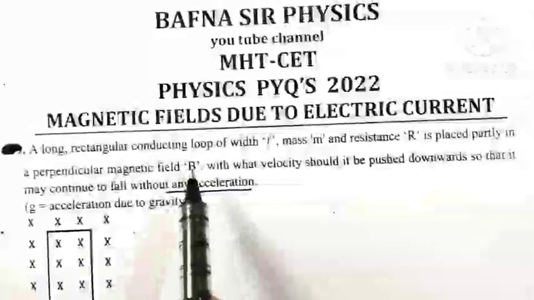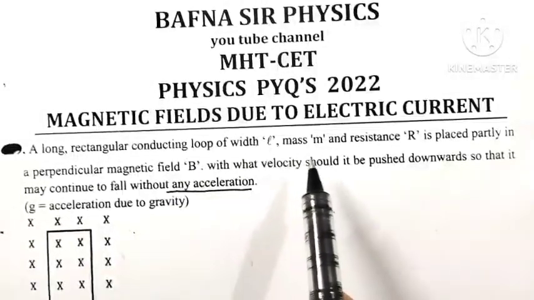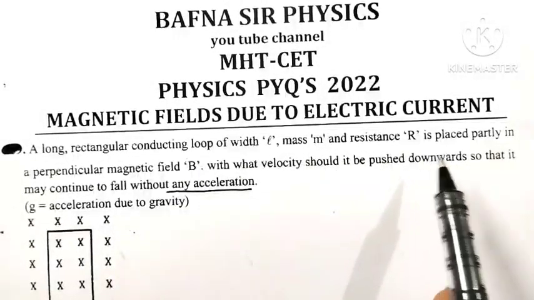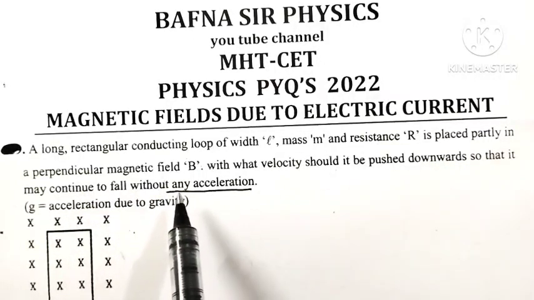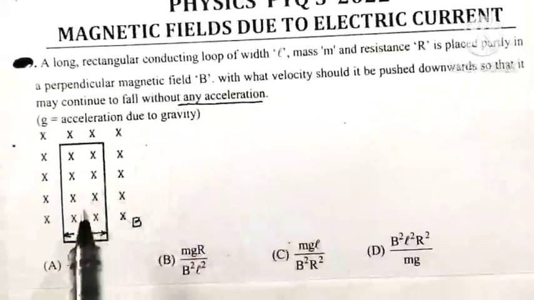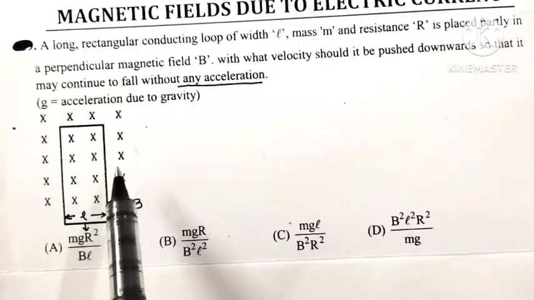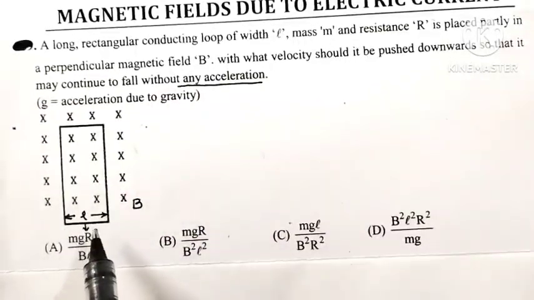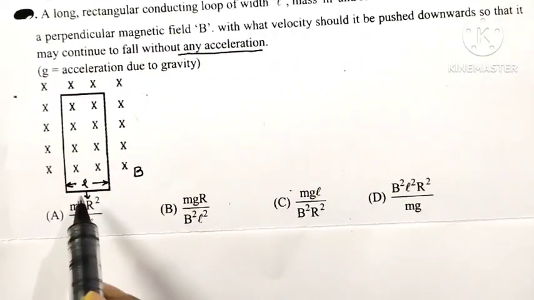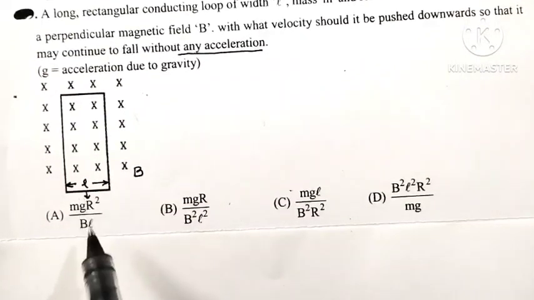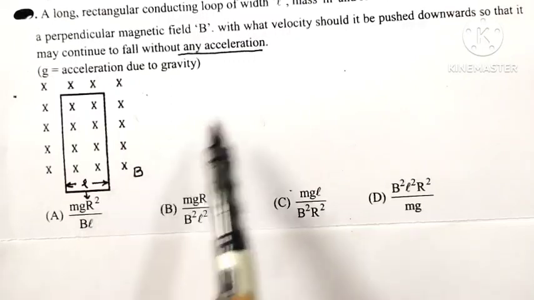A long rectangular conducting loop of width L, mass M and resistance R is placed partly in a perpendicular magnetic field B. So here we are having a rectangular conducting loop whose width is L, mass is M and resistance is R. It is kept partly in a transverse magnetic field B. Then if we start moving this loop in a downward direction with velocity V,